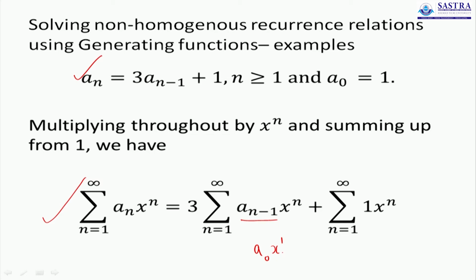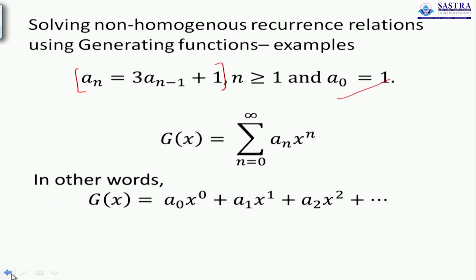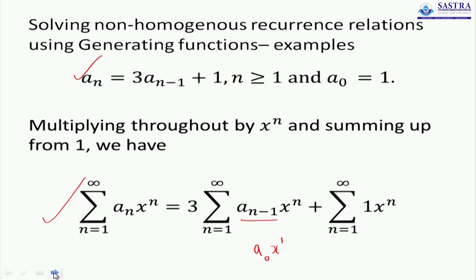The problem with this kind of an arrangement is that it is not exactly what we saw in the previous slide. The generating function g of x is such that a_0 and x^0 are together, a_1 and x^1 are together, a_2 and x^2 are together. But what we have here in the problem is a_0 and x^1. So our first task is to take care of that difference. So we will deal with each of these summations separately and then sum them up at the end and solve the problem.